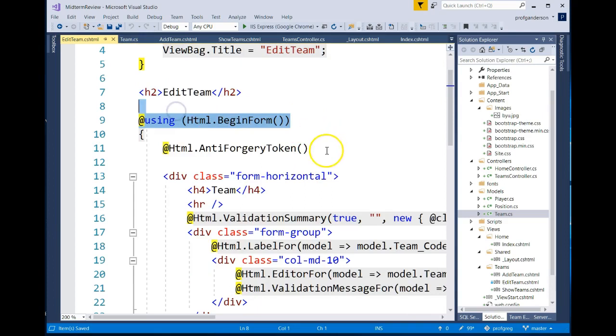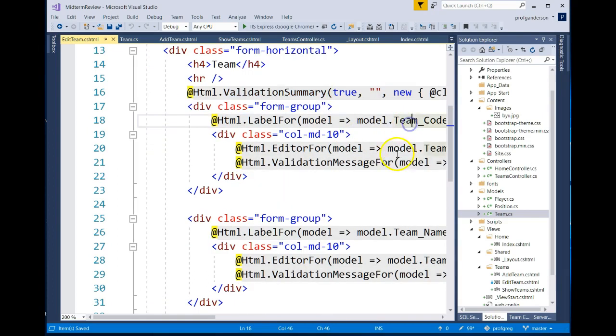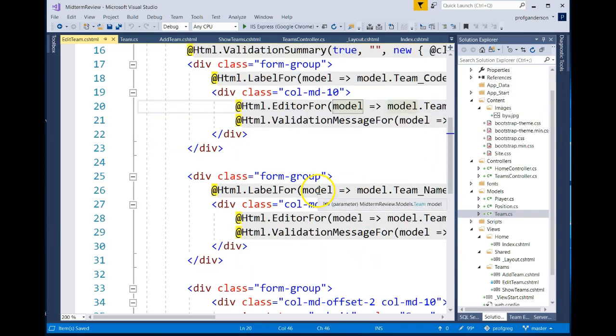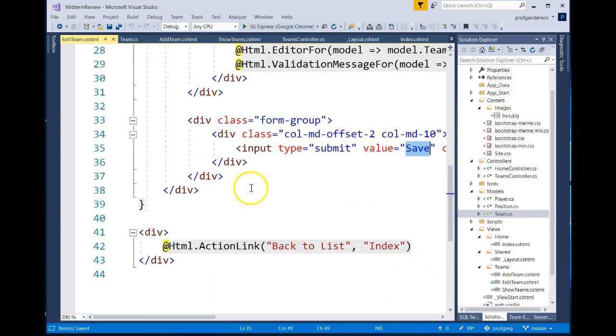We have our form. We do our cross-site checking. We have our validations in case there's errors. And then we display our HTML form for the team code and for the team name. And then we have a submit button that says save. We do have a link that says if we click on this link we'll go back to the index, but remember we don't have an index method. We actually have one called show teams